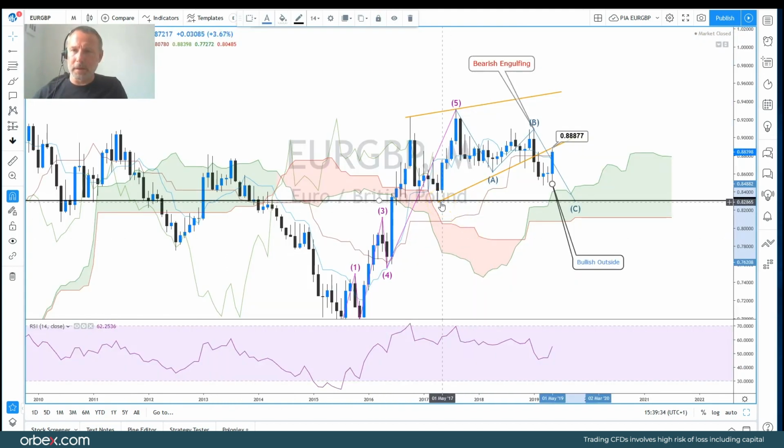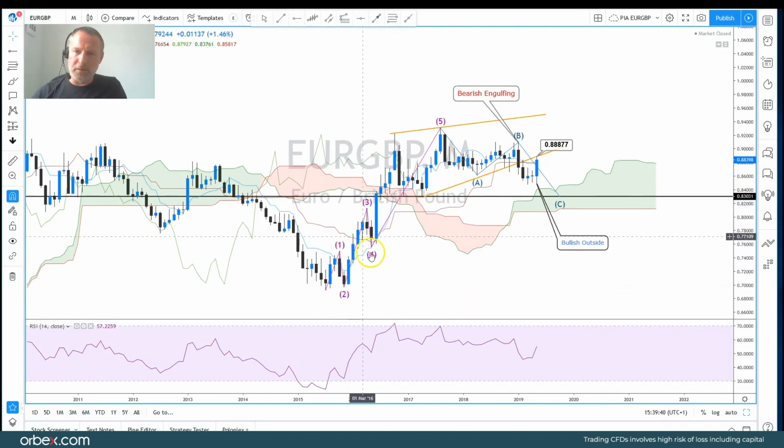Euro sterling. Okay, 5-wave count to the upside. Let's just pull the chart in a bit. 1 2 3 4 5. Potentially in a very complicated ABCD formation to the downside. We broke the wedge. That would normally have a measured move target around about 82.80, but we look like we're posting a bullish outside month, or we have posted a bullish outside month, sorry, in euro sterling. Like we previously said, we do like these candle formations. We have got reverse trendline resistance from that wedge breakout coming in at 88.88 at the moment,